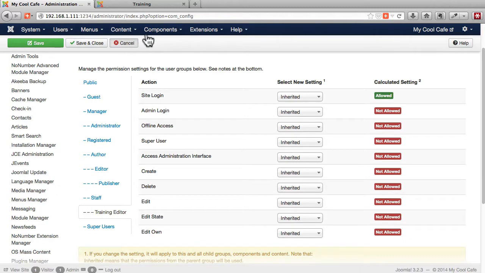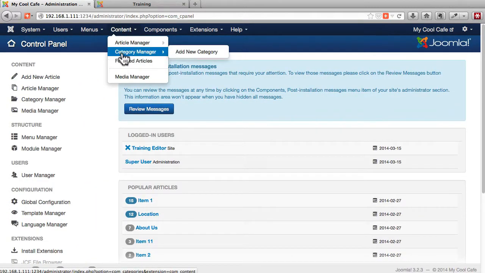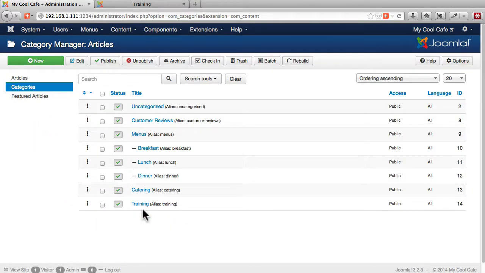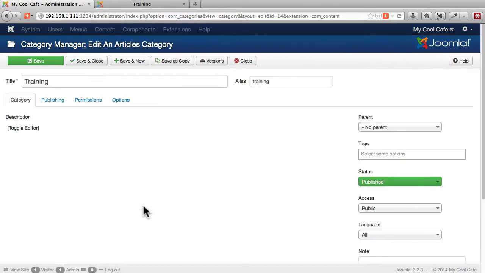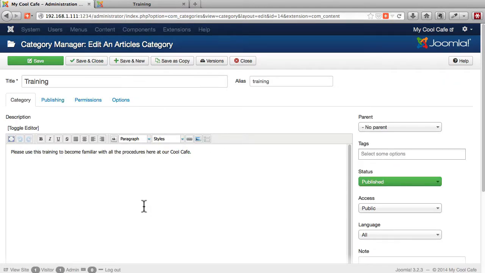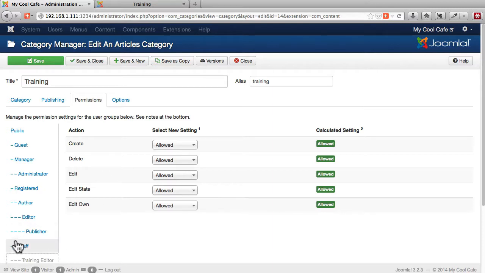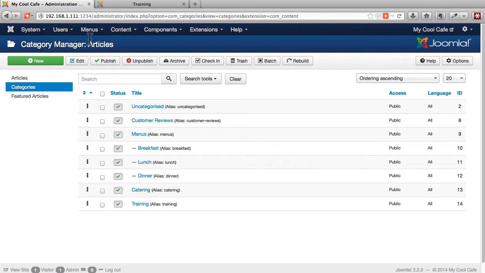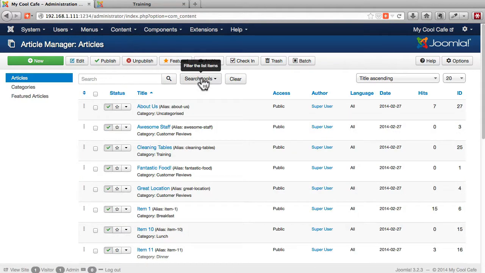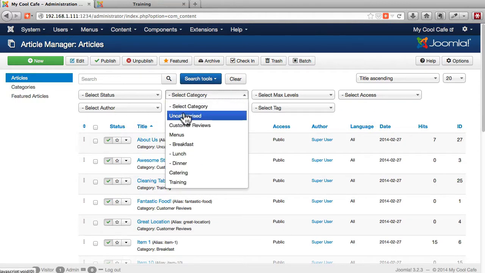But once I look at the actual category itself, I'm able to override all of those settings here at the category level. By way of illustration, if I do go into the article manager, find an article for just the training category,